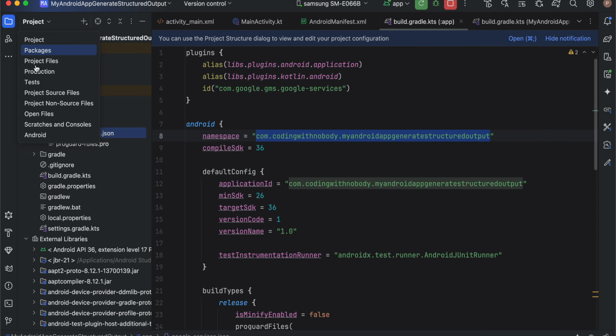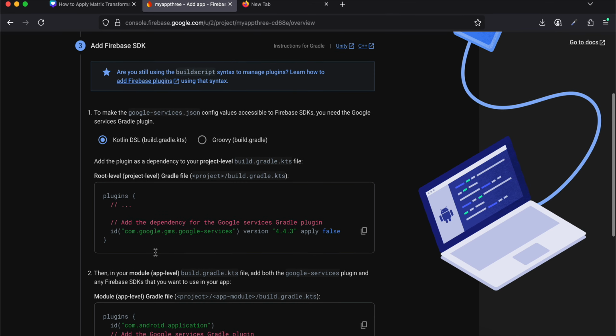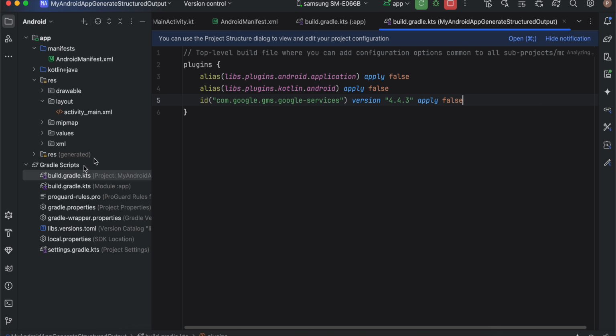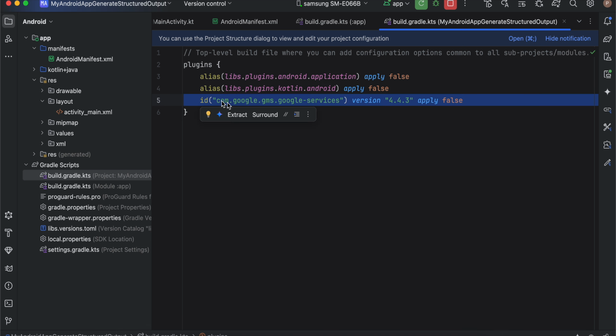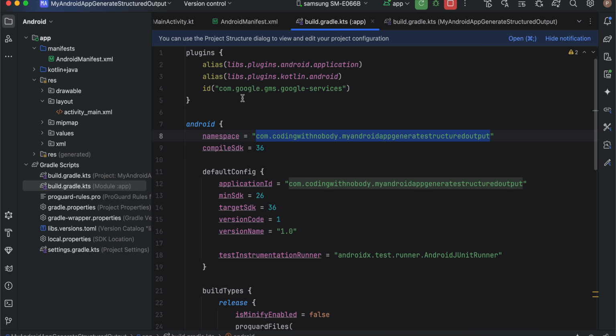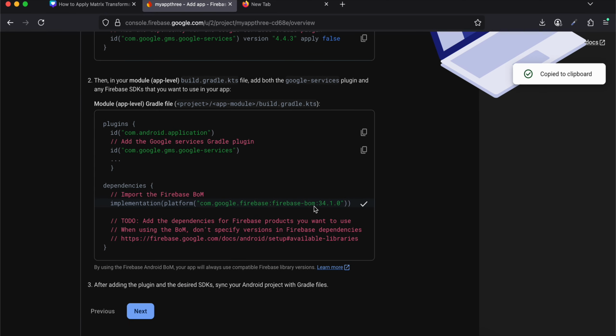Then again go back to the Android drop down, and then click on next again. Then just copy this particular ID, and here go to build.gradle.kts and paste it over here. Once you have added this, then copy this particular ID as well, com.google.gms.google-services. So come over here and I'll just paste the ID over here as well, and then just copy this Firebase